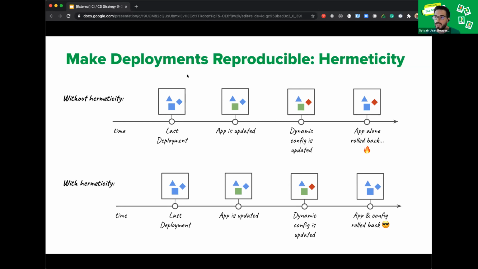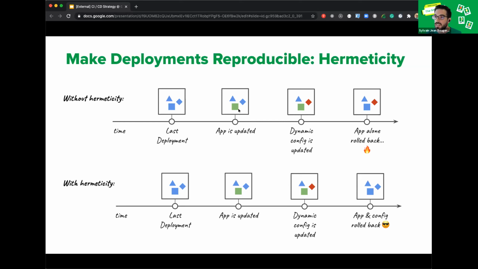So for example, one of the failure cases that we used to run into is that without our hermetic principle, when you had deployed a new version to your environment, if you updated the configuration dynamically, but then decided to revert the version because a problem occurred, you might end up in a situation where your past version was not compatible with the new configuration.